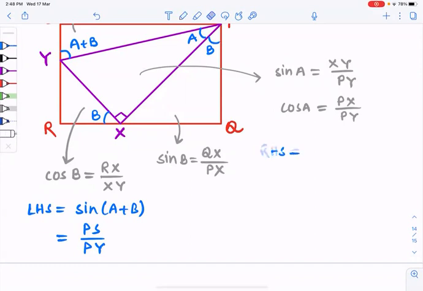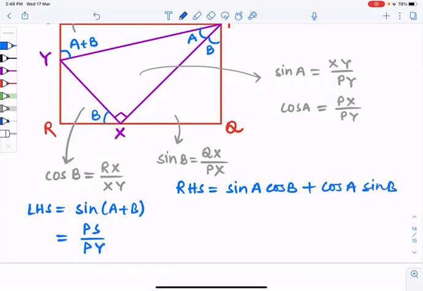RHS is nothing but sine A cos B plus cos A sine B. Right? Sine A cos B. What is sine A? Sine A is this much, XY by PY. Let me write XY by PY. Cos B is RX by XY, plus cos A is PX by PY into sin B, that